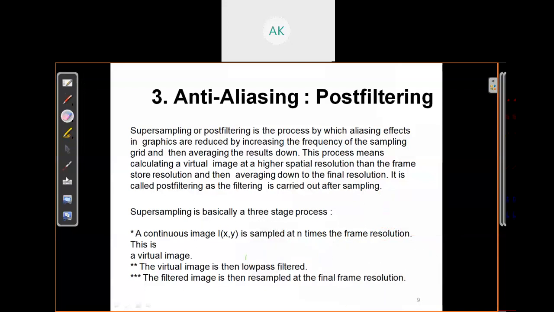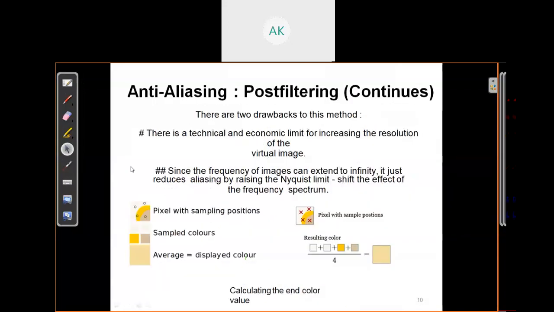let's see with an example. Just consider, suppose this is 1 pixel, and we divide this pixel into 3 cross 3, or just consider 2 cross 2, which is 4.